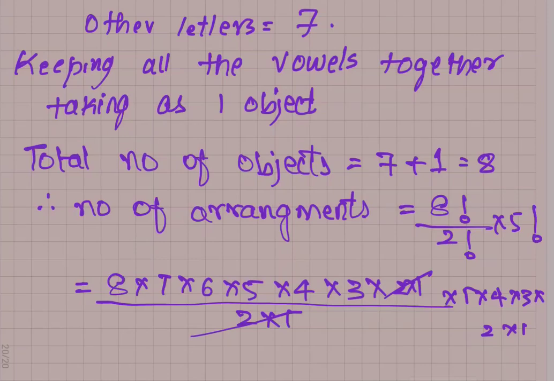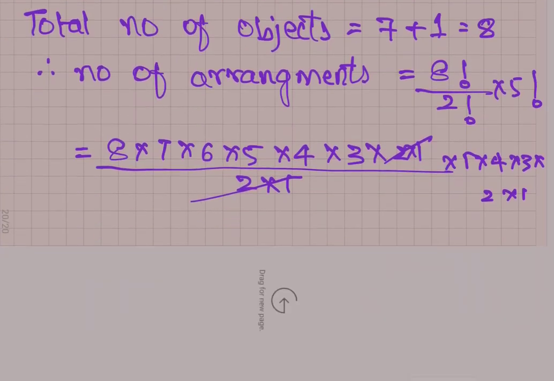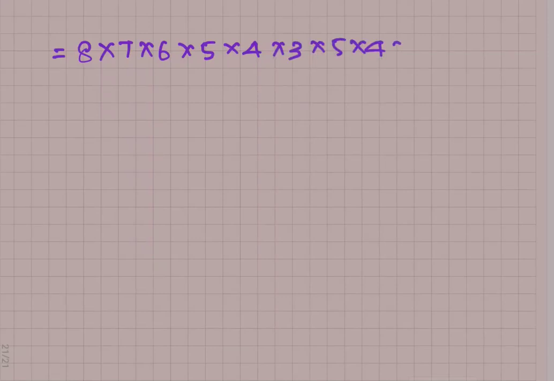The 2 into 1 and 2 into 1 get cancelled. If we multiply all these numbers, 8, 7, 6, 5, 4, 3, 2, 1, we get the value as